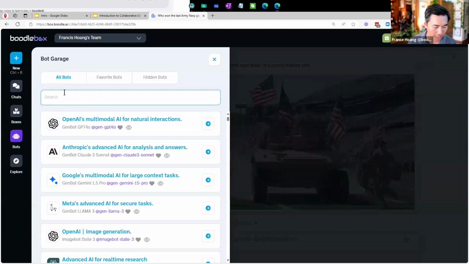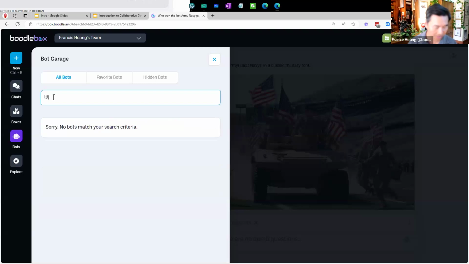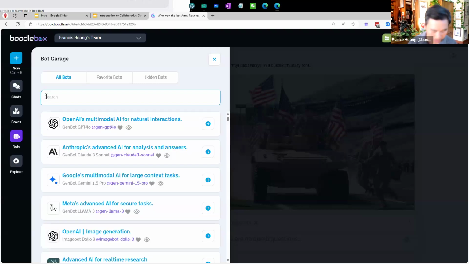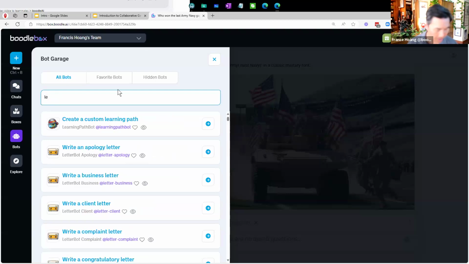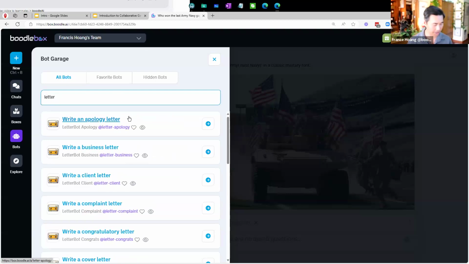So if you go into the bot garage and you click it open, you can type in basically any term you want, and it'll show you the list of GPTs, our GPT equivalents, AI helpers that relate to that particular task. So you can see here,